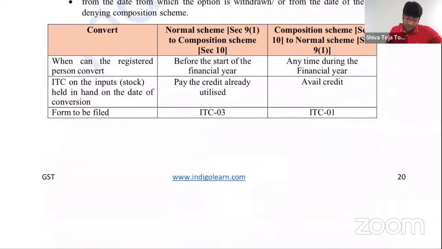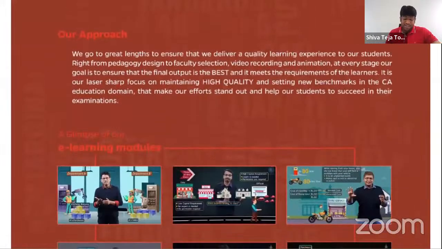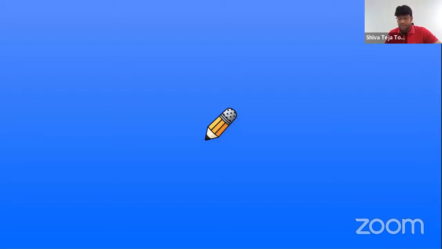This is normal to composition before the start of the year. Composition to normal anytime. Pay the credit you already enjoyed. Here what they are telling is: avail credit, take whatever you want, because you are coming from composition to normal. Government is extremely happy. Done. That's it. That is the story of this beautiful topic of charge of GST, my dear friends, where I